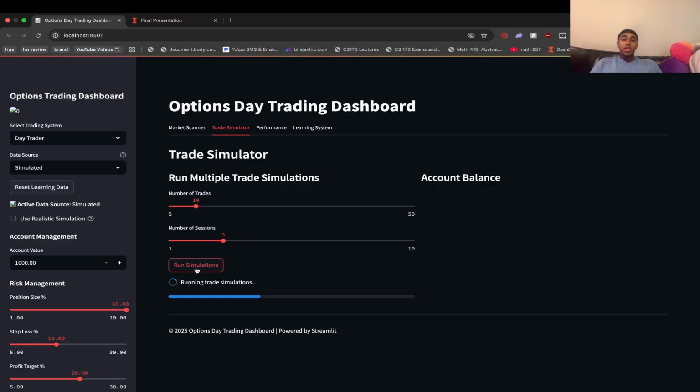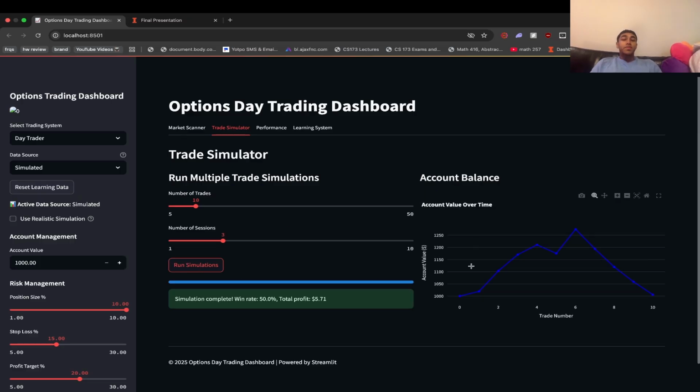If you press run simulations, it gives us an entire equity curve of how our equity, profit and loss are doing over the period of time. Here we have 10 trades and 3 sessions. As we can see here, around 6 trades, we were up $274, and our win rate was 50%. We ended with a $5.71 profit, and it varies a lot due to the market